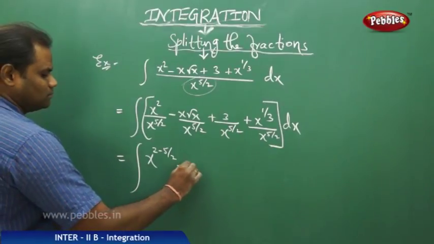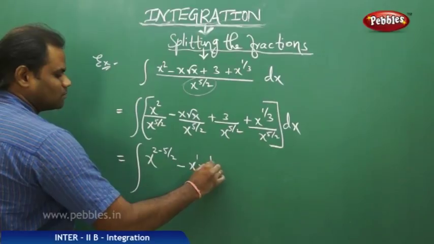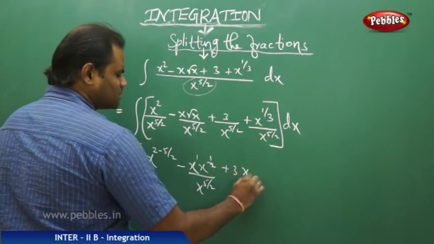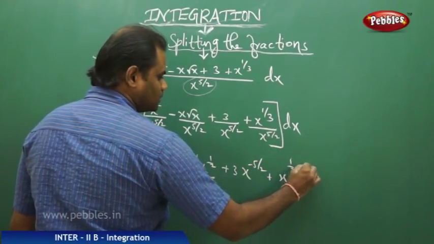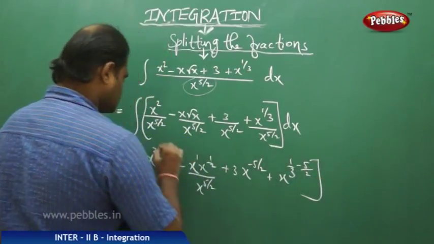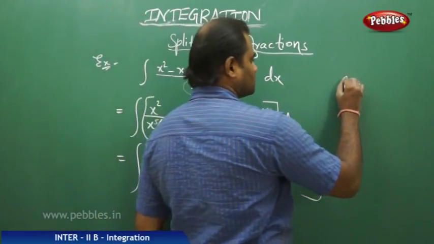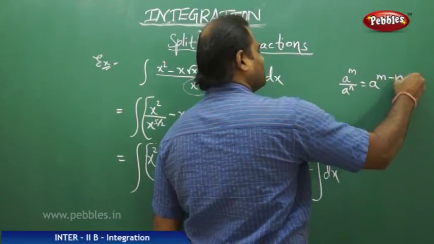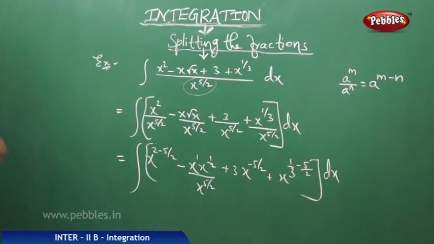2 minus 5 by 2, and x root x is x power 1 by 2 by x power 5 by 2, and this gives 3 times x power minus 5 by 2 plus this minus this on this. That is, by using a power m by a power n as a power m minus n as the law of index. Now this on further simplification gives